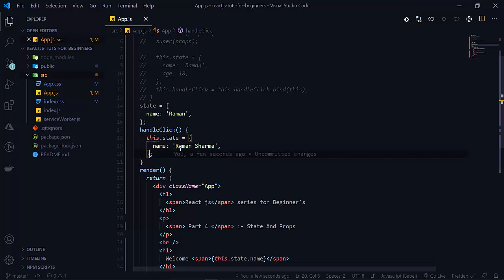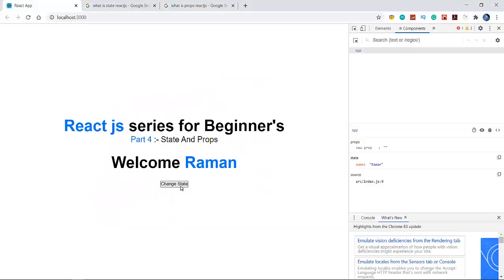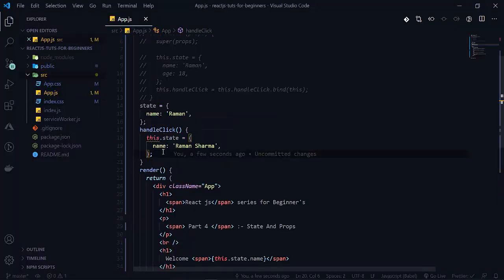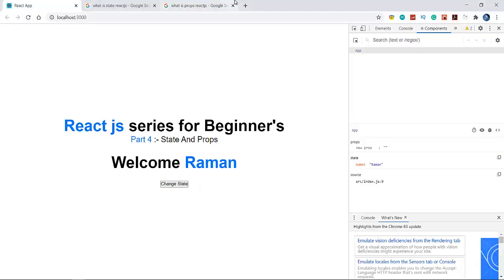So let's see. It should not give us the error. So the error is coming here. So let me see.